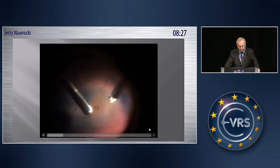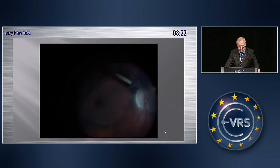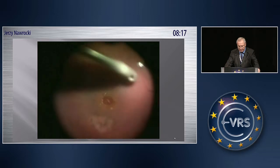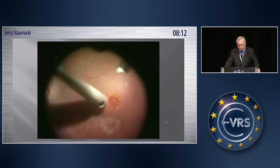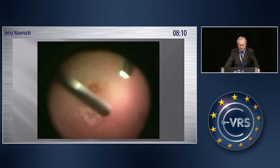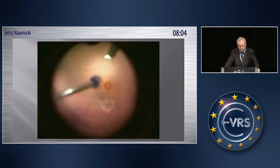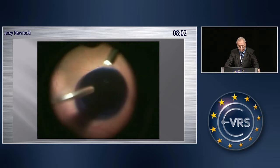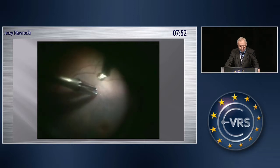Before we do ILM peeling, we have to remove the posterior hyaloid, which sometimes is easy, but sometimes the posterior hyaloid is relatively difficult to remove. In most cases, you have to do it. Here you see a very special case of traumatic macular hole operated many years ago when I did not perform the inverted ILM flap technique. And in this specific case, I couldn't remove the posterior hyaloid, so I began to peel